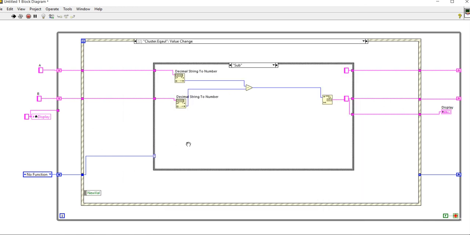So please try to run this program. It is a calculator program. Here we are using the event structure, and our programming style is an event structure based state machine algorithm. So thank you for designing this program. Try to improve this program, and now try to add the decimal concept also. Try to learn how we can add the decimal and other things. So thank you for watching this video.